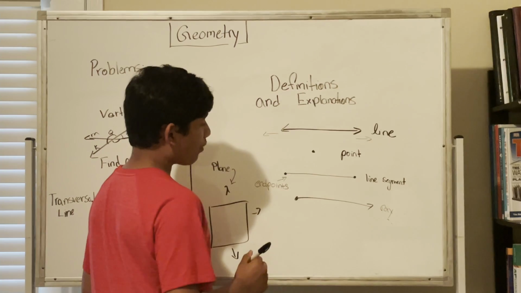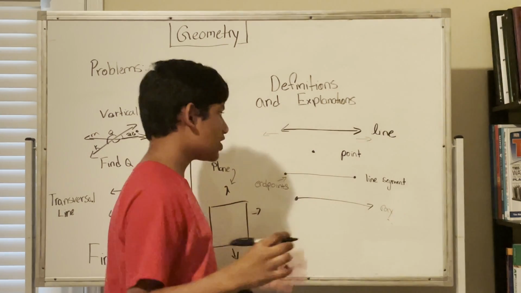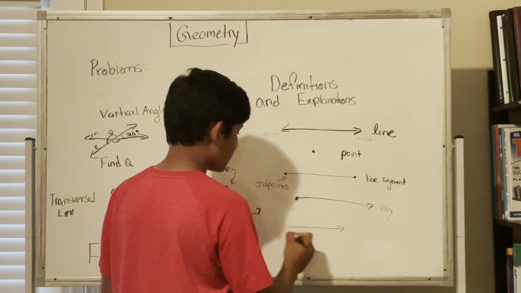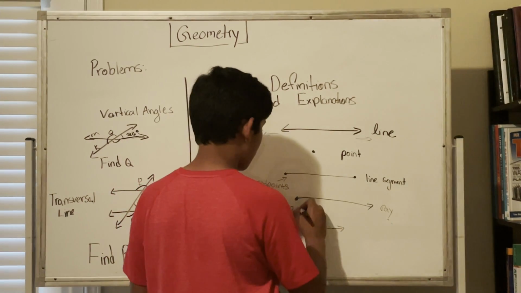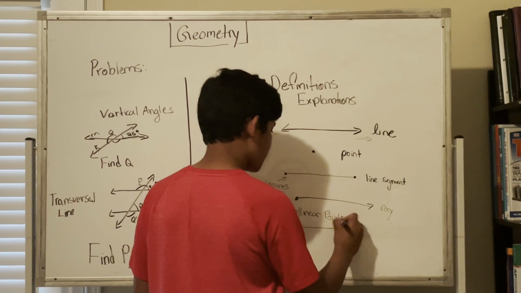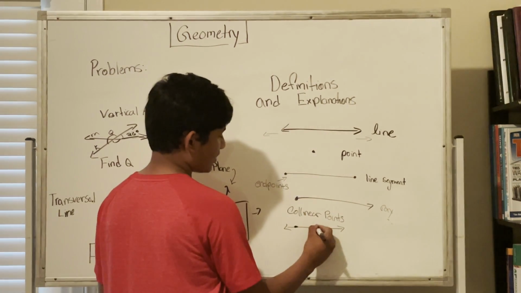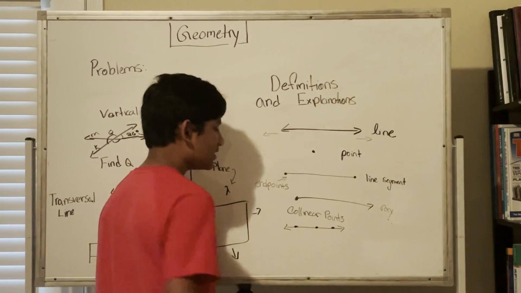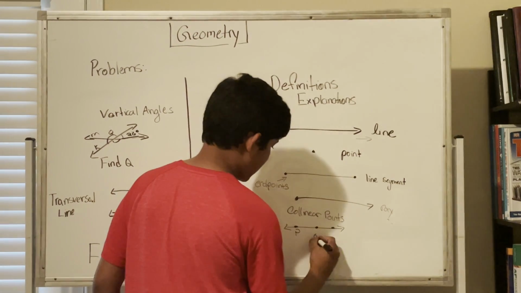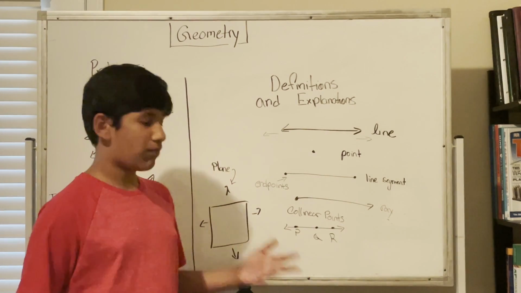It is also important to realize that we're going to cover the notation in another video, because right now we're just looking at the definitions, and plus it's also relevant to notice that we have a definition called collinear points. Collinear points are essentially when we have points on the same line. So say we have 3 points. These 3 points are on the same line, so we call them P, Q, and R. Points P, Q, and R on the same line, so therefore they're collinear points.